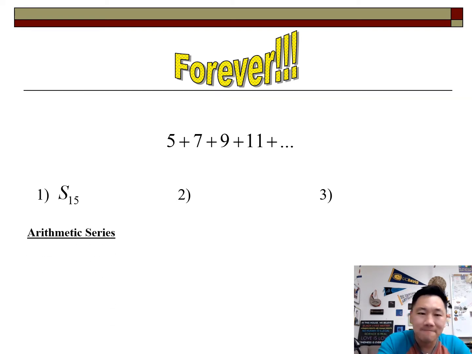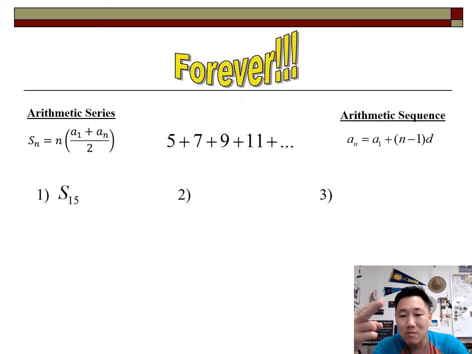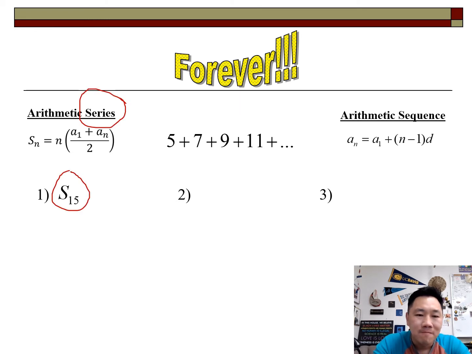All right, we've already done that. It is an arithmetic series. There's the formula. Here's the arithmetic sequence formula. These are the 2 arithmetic sequence and series formulas that you need. Let's go ahead and add up the first 15 terms. To do that, we're going to need this formula, the series one. We do know n to be 15. We know the first term. We actually don't know the 15th term. So let's fill all that in.